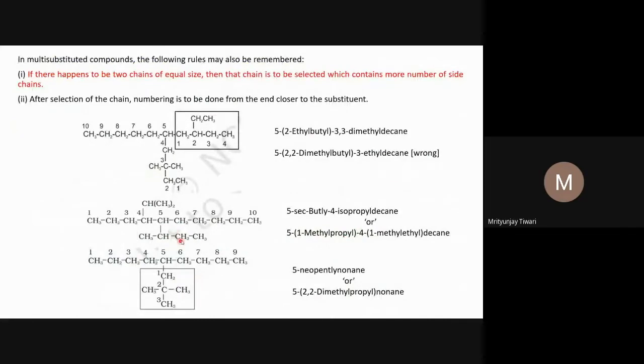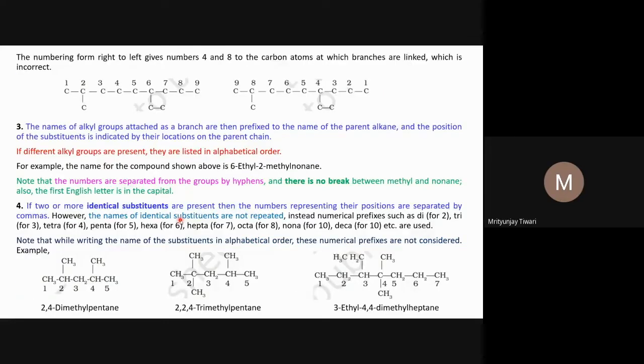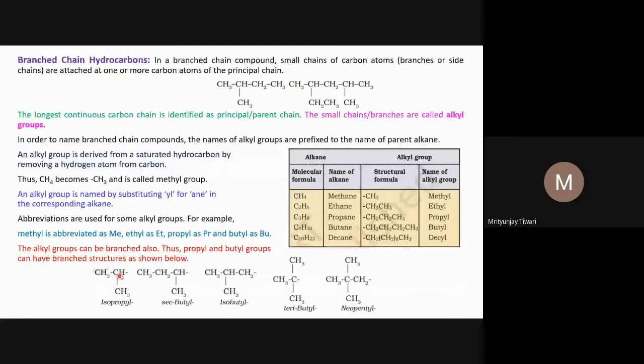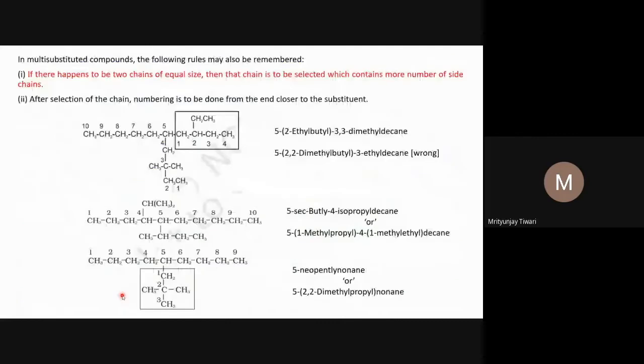So this is the secondary butyl group, and this one is what? This is the isopropyl group. You can see here isopropyl: CH with CH3 twice. This CH group is attached to one CH3 and another CH3, two CH3 groups. So this is isopropyl. As we have seen earlier with the trivial names, secondary butyl and isopropyl can also be used